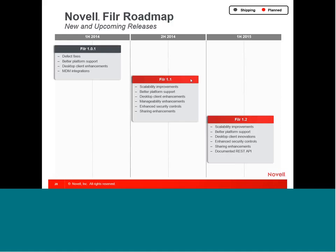All right, so all of those enhancements, like I said, they're coming out in Filr 1.1 this fall, and actually, I meant to include the link. We do have a tech preview running for Filr 1.1. I will put my email address back up if you want to participate in the tech preview and get your hands on this. You are free to do so, and all you do is, like the Filr 1.0 tech preview,